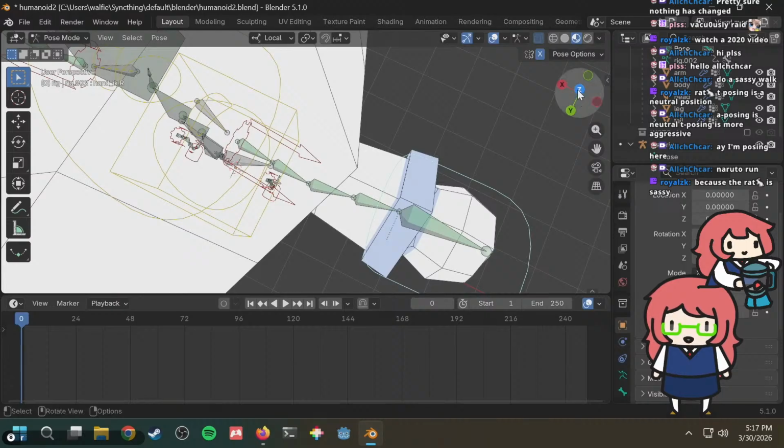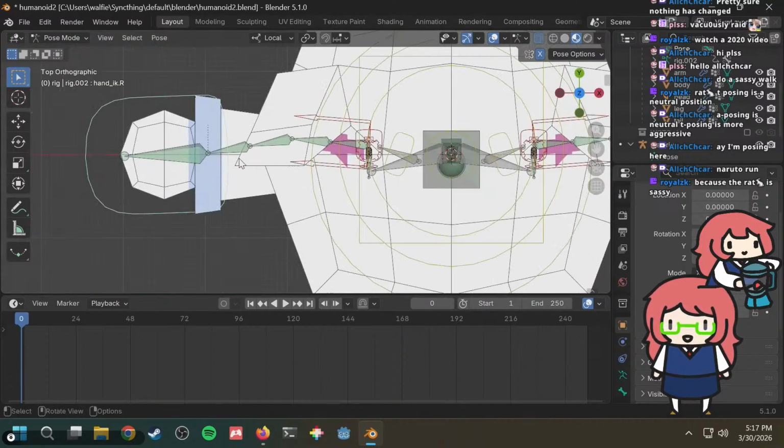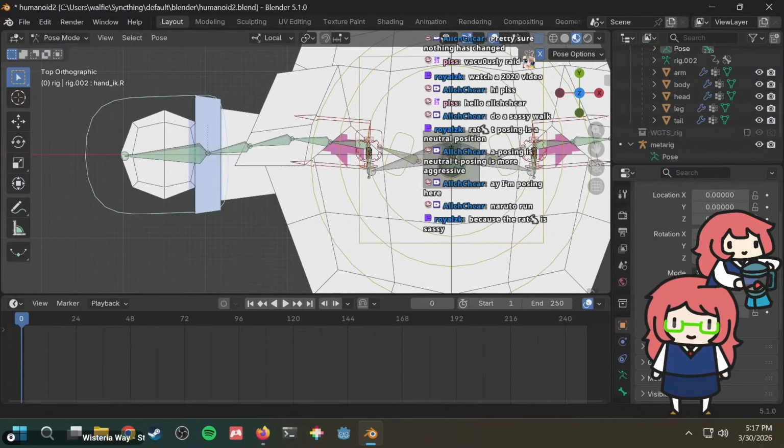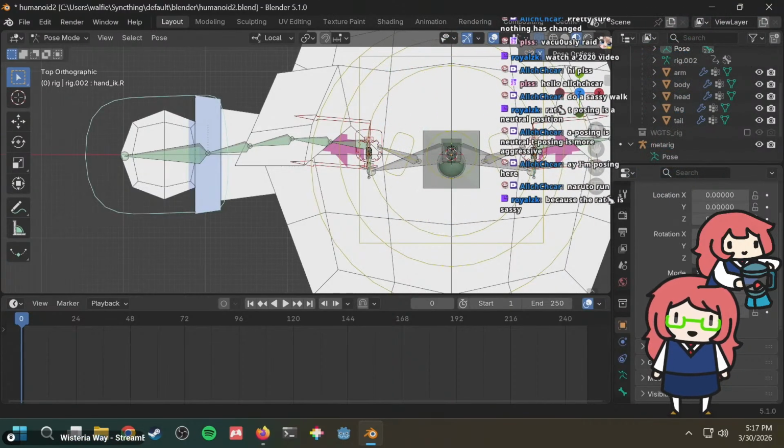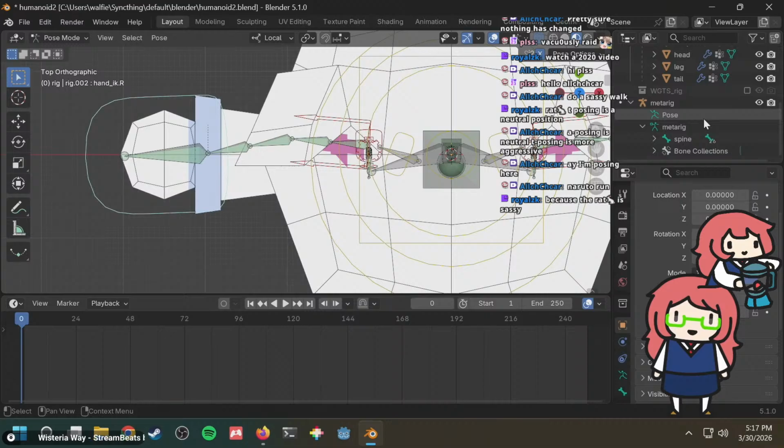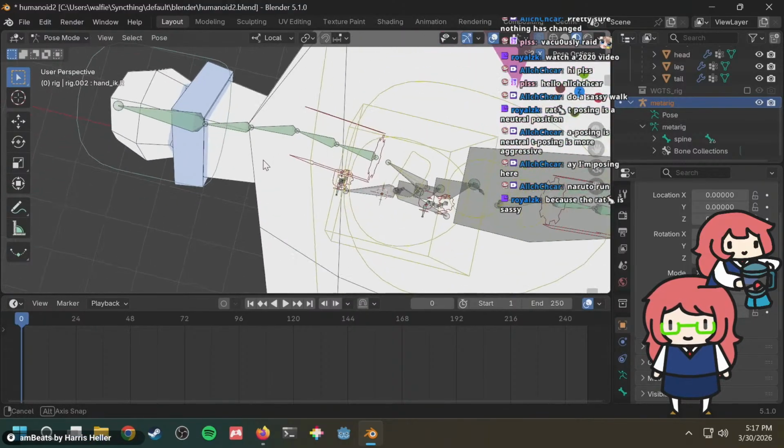Is this the reason? No, but maybe they're too much. Maybe the bones are simply too much. Naruto run. Has anyone ever Naruto ran in their life? I don't think so. Maybe the arms are too bent.